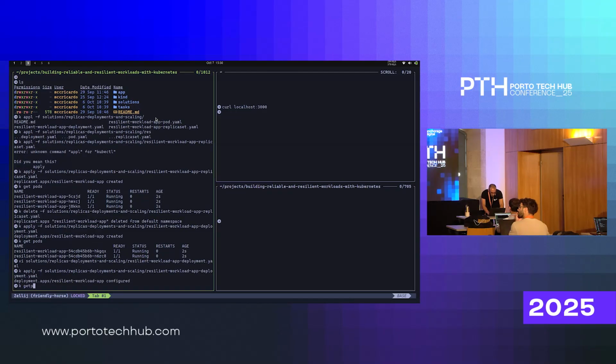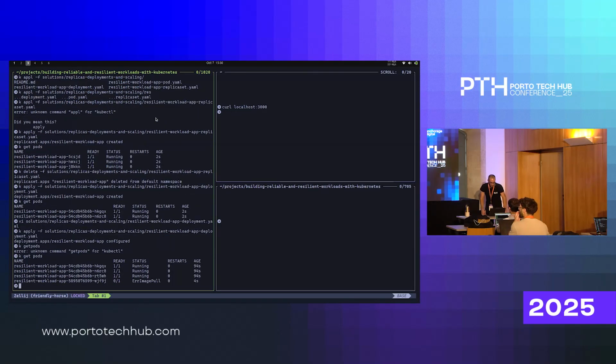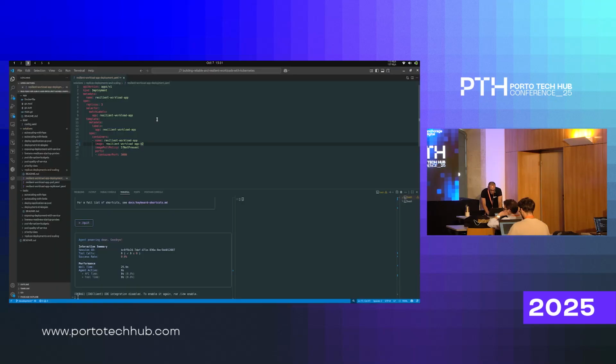I'm going to apply. We're eventually going to get to the rolling updates and recreates part. But here's the deal. So I told Kubernetes, just get me the new version of the deployment running. You guys know I passed on a wrong version, so it's basically telling me I don't know what this is, right? But the three other ones will be running, right? So basically, I already have some resiliency built in here. So it will keep all the replicas that I want running, and if there's some problem, it will say, oh, I can't do this. There's a problem here. I won't progress, right? So we have two options now, which are